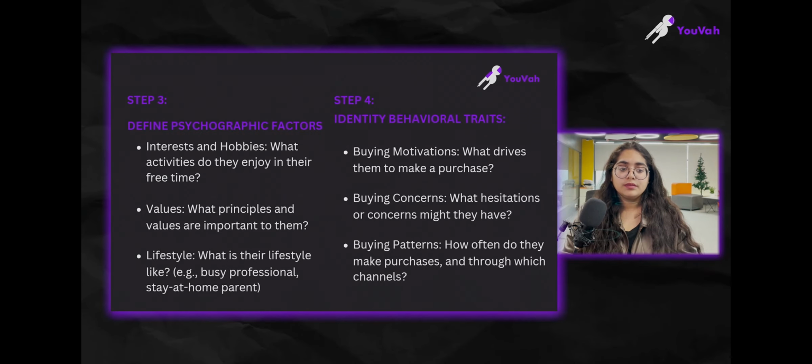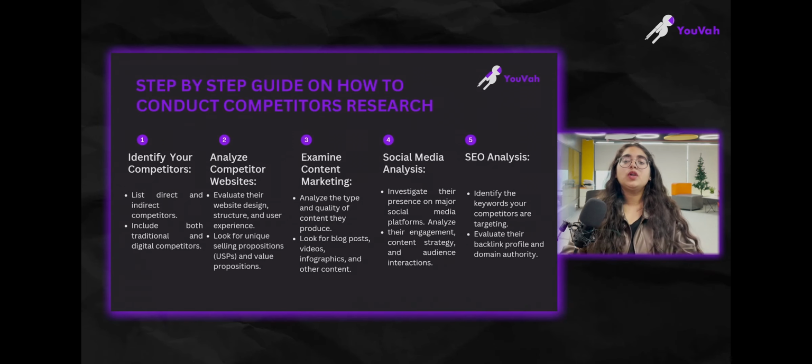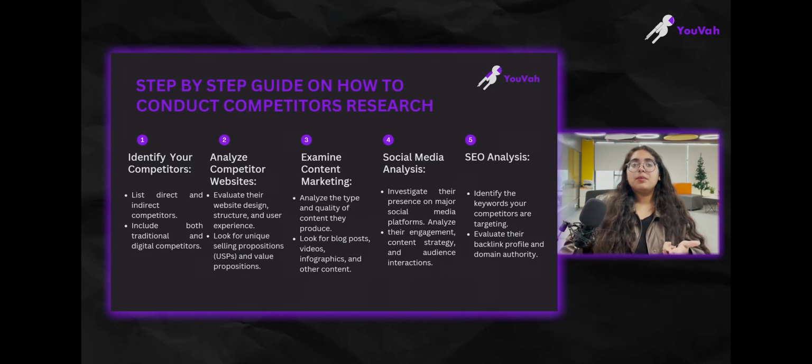So here we go. We're going to learn about competitor research now that you have learned about all the other things possible. Now how do you do competitor research? Your market research is done, now it's left with competitor research. First you have to identify who exactly your competitor is. When I say identify who exactly your competitor is, figure out your direct competitors and your indirect competitors. What is the difference between the two?